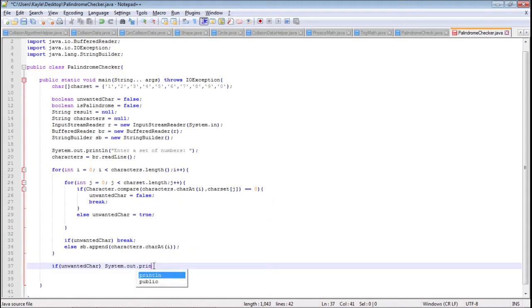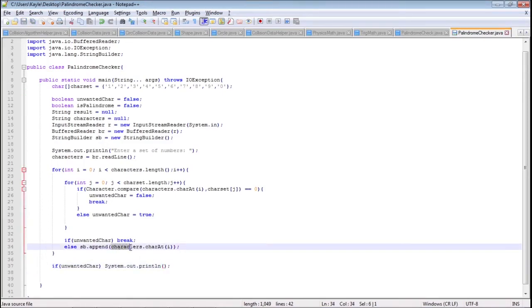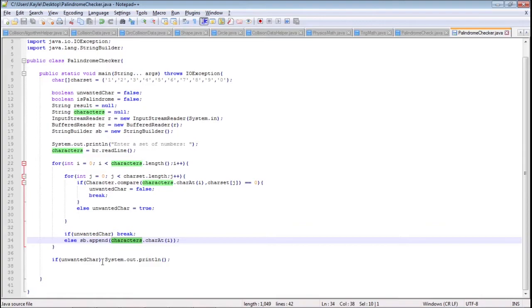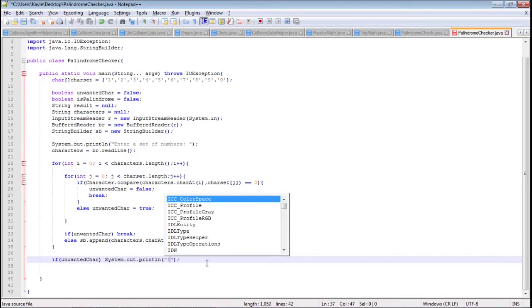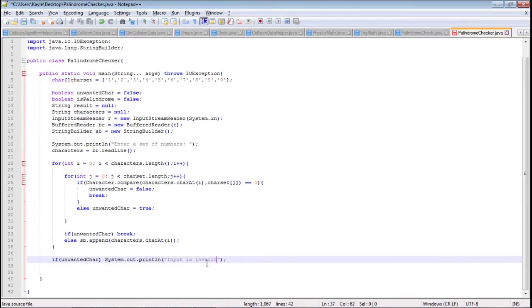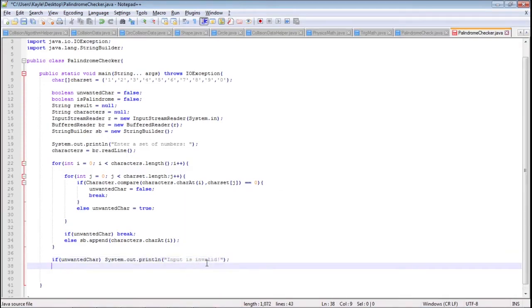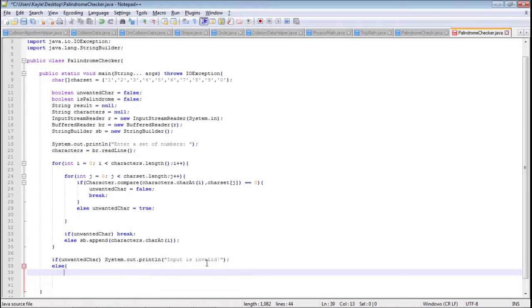So if one of the characters of this variable is invalid, then we expect this statement to execute. It means that the input is invalid. If not, then use else, then process